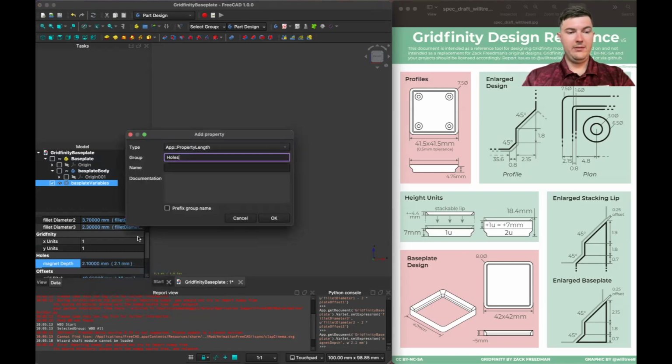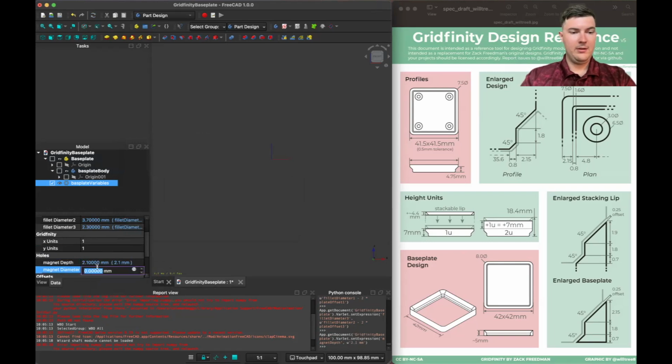And once again, similar to the base, the box, not the base plate, we're going to implement the magnet diameter. That's spelled correctly. And we're going to make that 6.5 millimeters